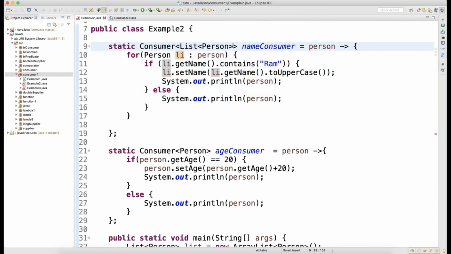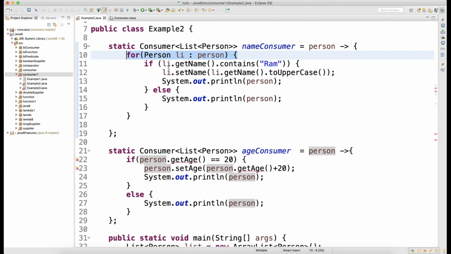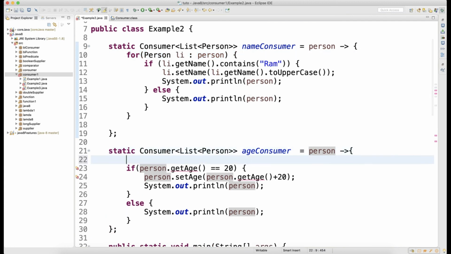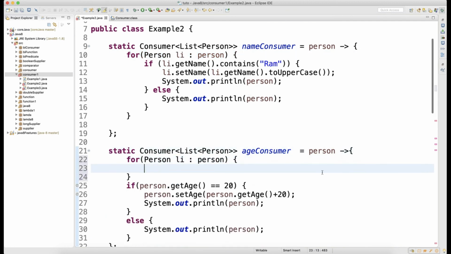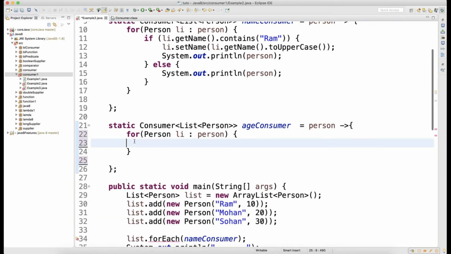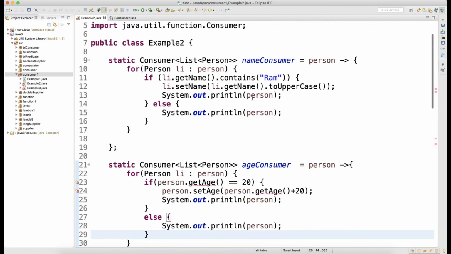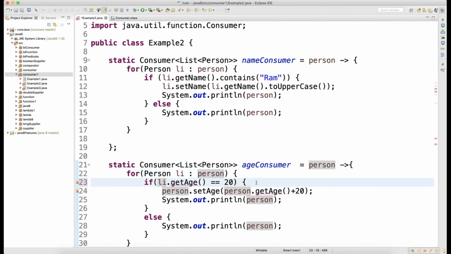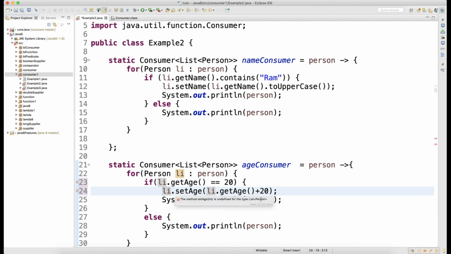So again the input to the age consumer is going to be list of persons. So now what is this person type? It is list of persons. So again I need a for each loop which I'll write here, and whatever logic I have I will replace it here. And wherever I have persons I'll replace it with li, correct?